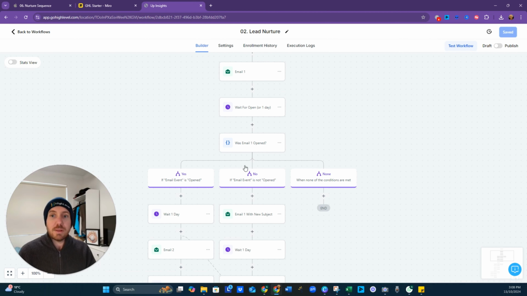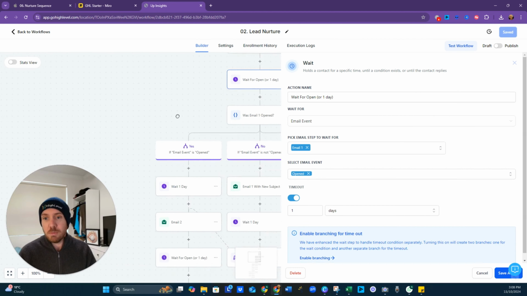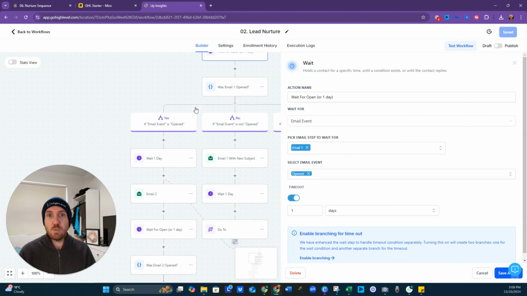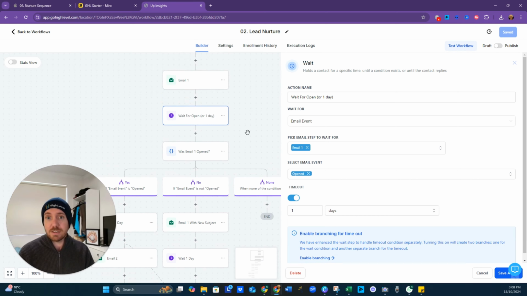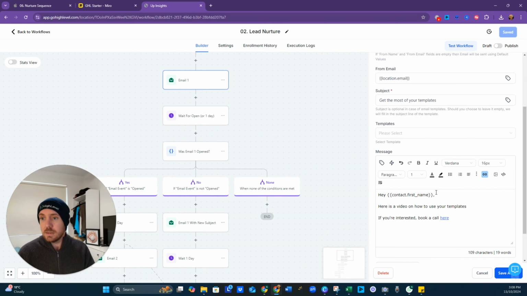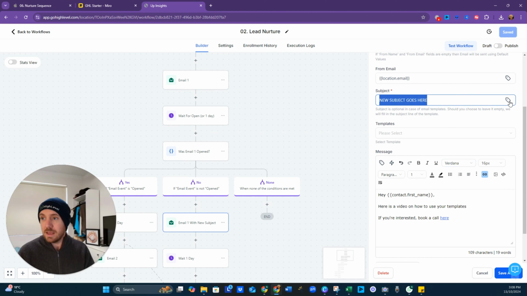Okay, so the next step we have here, we wait one day, or we wait for them to open it. If they open it, great, fantastic. We then wait another day and then send email number 2, which we haven't got to yet, but we want to handle for if they don't open it. We just want to send it again with a different subject line. So we've got get the most out of your templates. Let's just copy the text here. And you can see new subject goes here. So we'll use the exact same body of the email there. And the new subject,